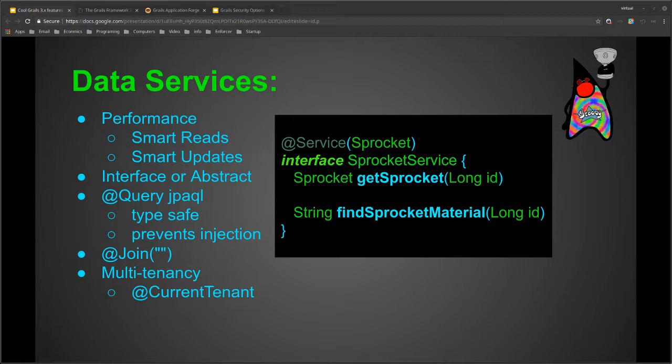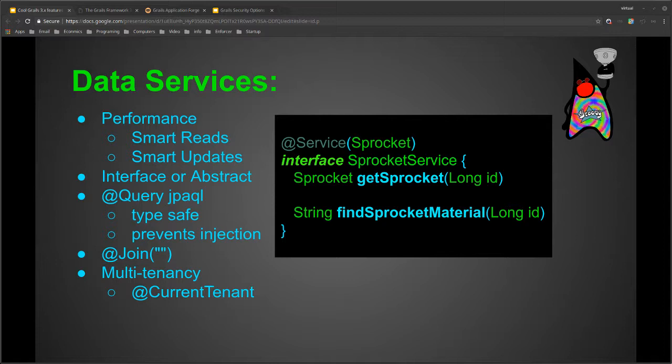So data services. This is a new thing that was added to Grails 3.3, and more specifically, I think it was GORM 6.1. What these are is basically the Grails people found that a lot of people had no idea what they were doing with transactions.